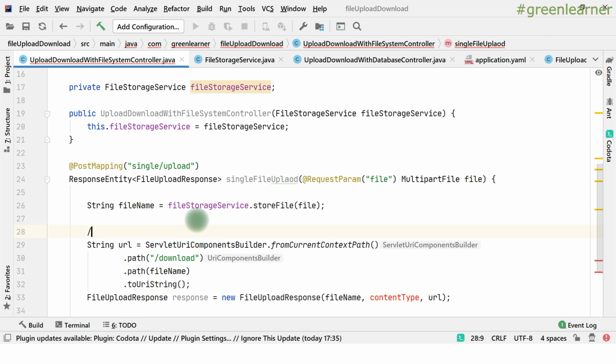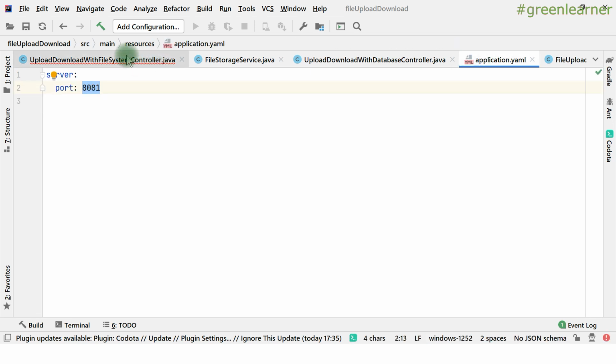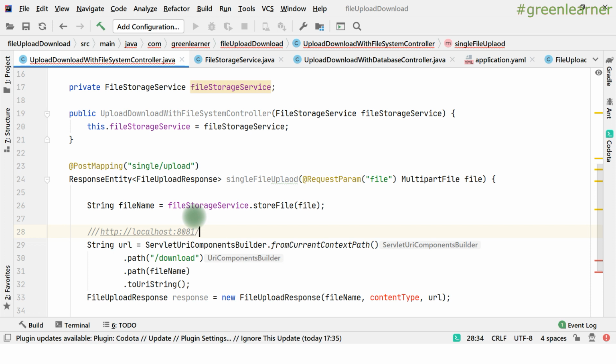So if I take an example, the current context path is going to return something like this: localhost, and our port is here 8081. I believe in the application YAML we have given the port 8081, right? And to that it is going to append. So this 8081 is returned by fromCurrentContextPath, right? So this entire URL will be returned by this one, and then we are going to append the download here, right?